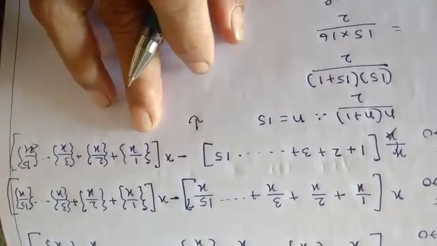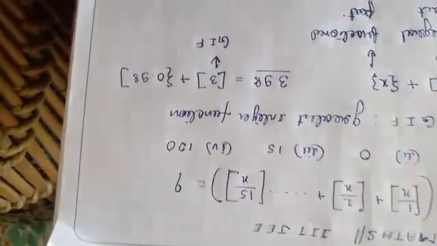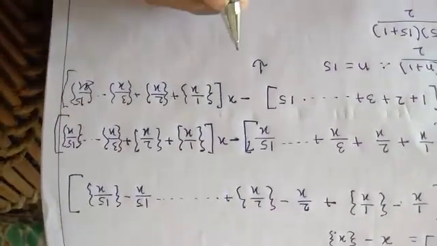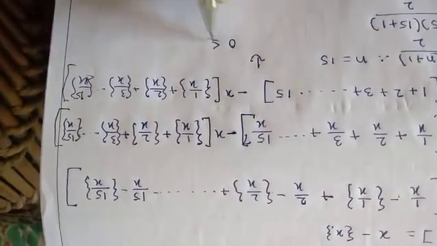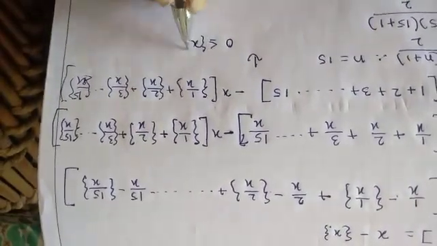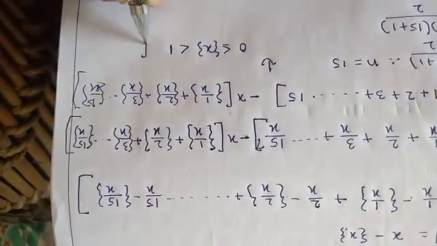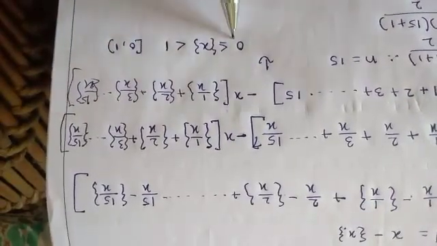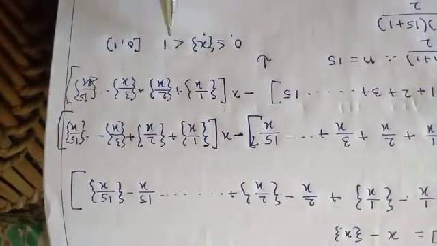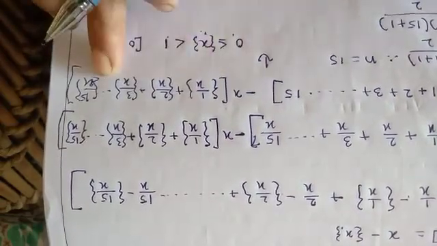You can see by taking the example, your fractional part never crosses 1. So what is the bound for the fractional part? That is, 0 is less than or equal to x, and x is strictly less than 1. That is, it should be closed on the 0 and open on the 1, because 0 can be included in the fractional part, but it should always be less than 1. Now we have to bring it in this form.